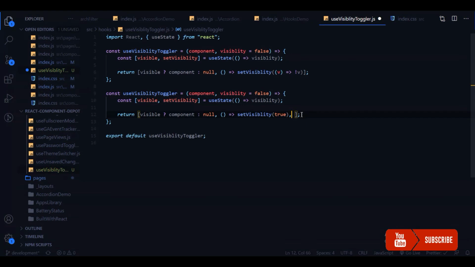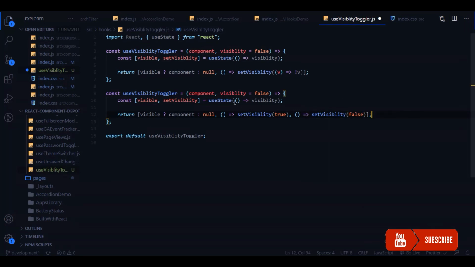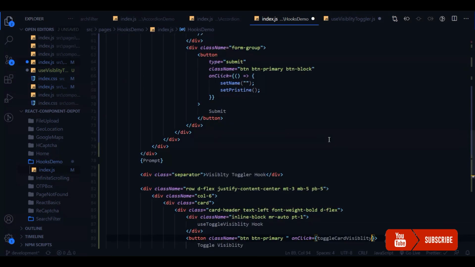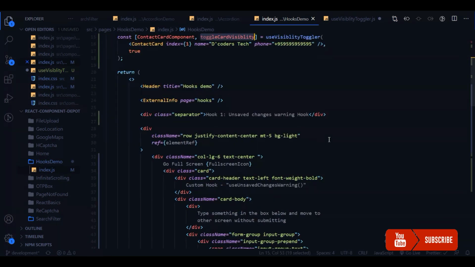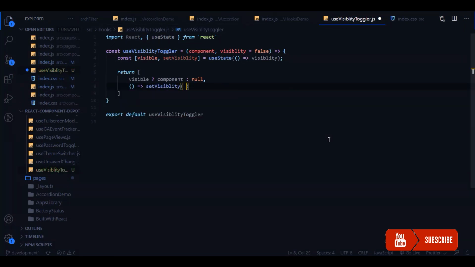So this is how it will be. The first would be show and the second would be hide callback. So now this will return three elements in the array. So we need to destructure three things at the component level. So we'll go to this component, and instead of this we should be using the show and hide callbacks. So whenever you want to show, you can call this show callback, or if you want to hide, you can call this hide callback. So this is very simple, guys. I'm going to revert this and keep the older version of this. This is just to show you guys this can be possible in the other way also.